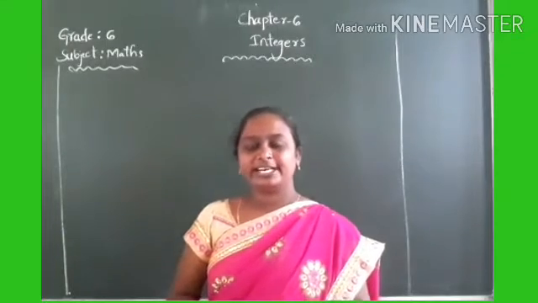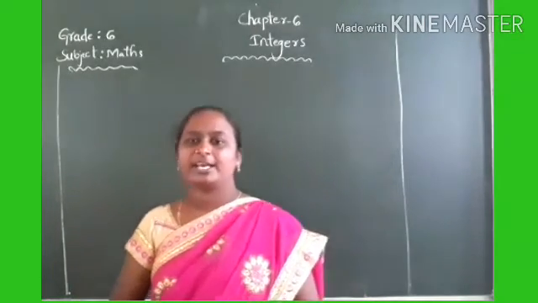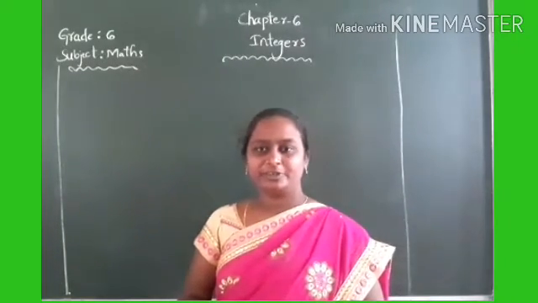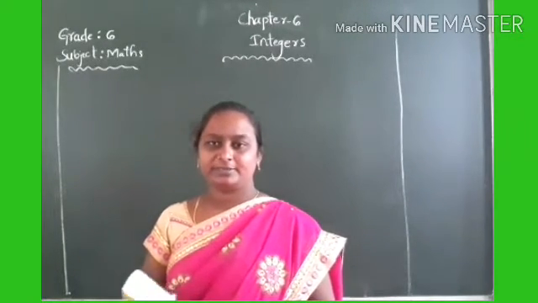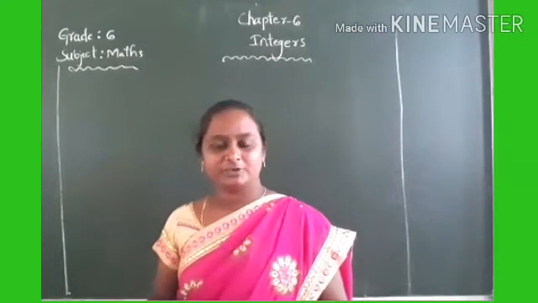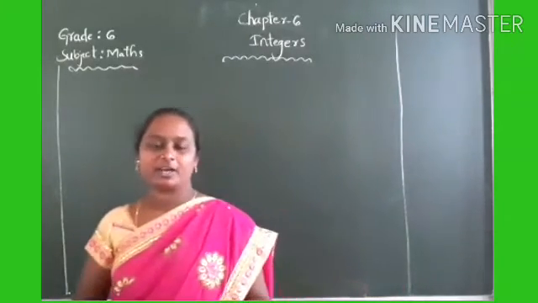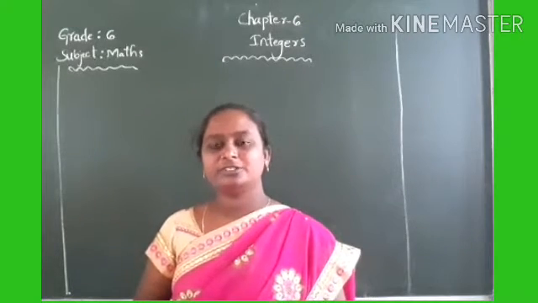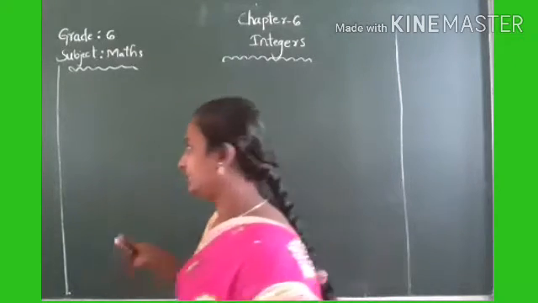Right. So in the last class, what did you learn? Very good. You learned about addition of integers. Do you know the addition? Yes. If you take 2 and 3, what is the sum? It gives 5. Right. So in the last class you learned how to add integers using the number line. Now today you are going to learn subtraction of integers.